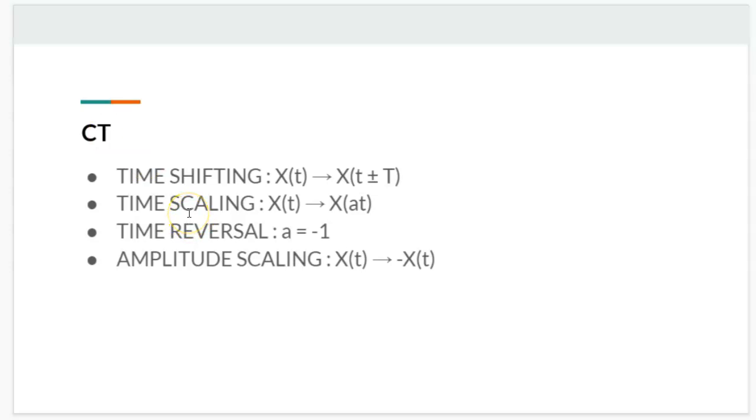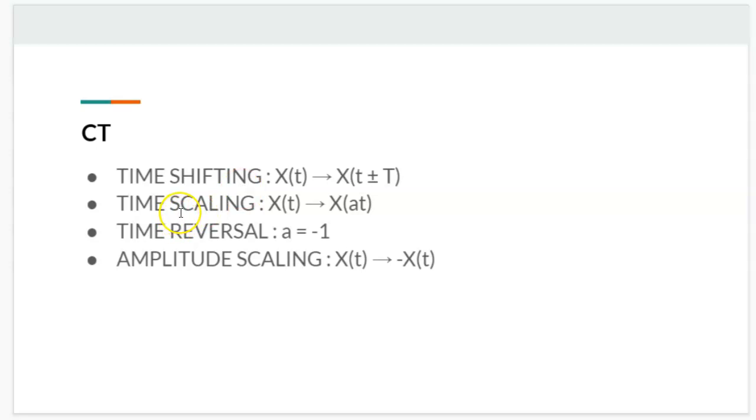There are actually three types of signal transformations we can do. First thing is time shifting. You have a curve, you have a signal, you can time shift it either by plus t or minus t, so that will correspond to moving the entire signal function along the x-axis as many steps as you wish. That is time shifting.